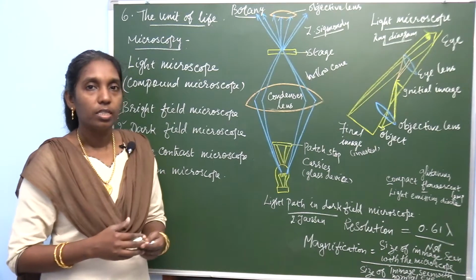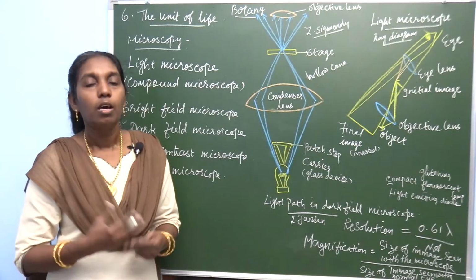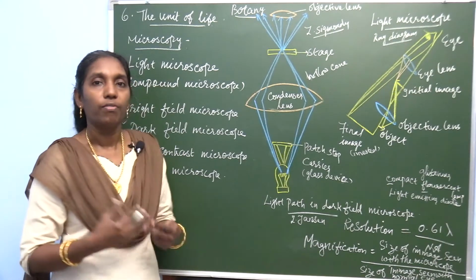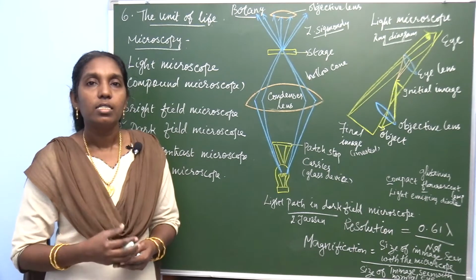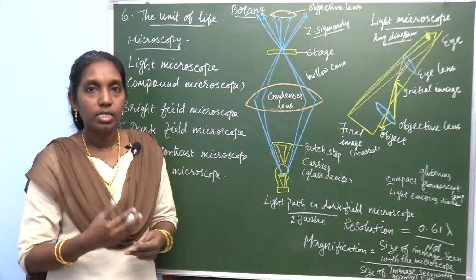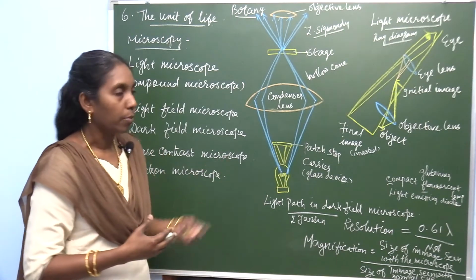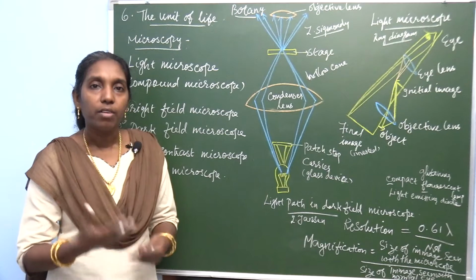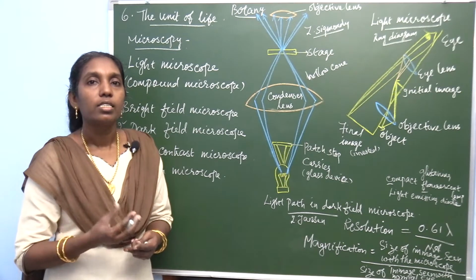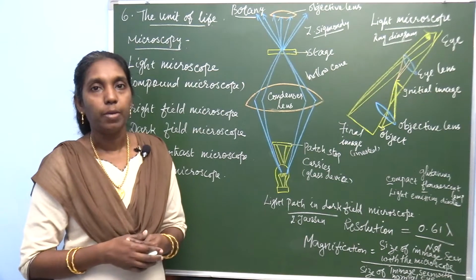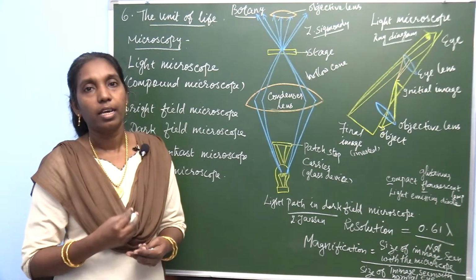So we use the microscope, which magnifies the image, because the microscope works on a lens system. The lens system magnifies, and a number of lenses are used in the microscope to magnify the image, and that's why we are able to look at it in an easy manner. It is visible because it magnifies the image.